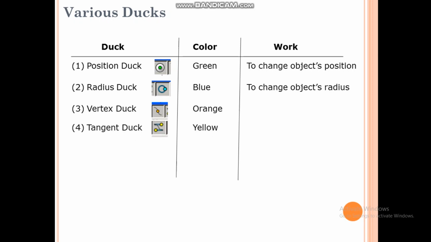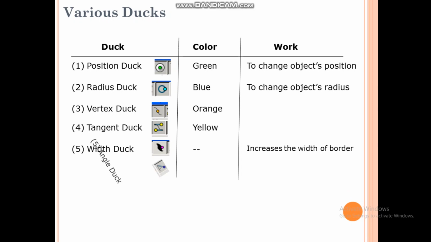Tangent duck, that is yellow color. Width duck, you can change the width. So remember, it increases the width of a border. And the last one is angle duck, that is dark blue color, and it is used to change the angle of an object.